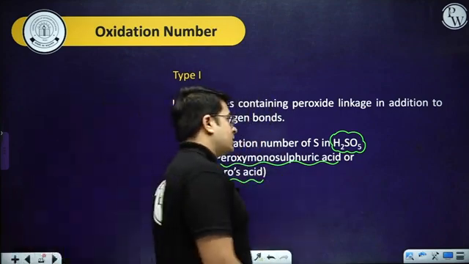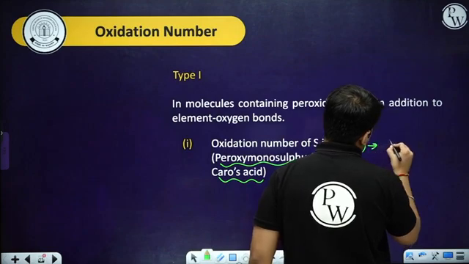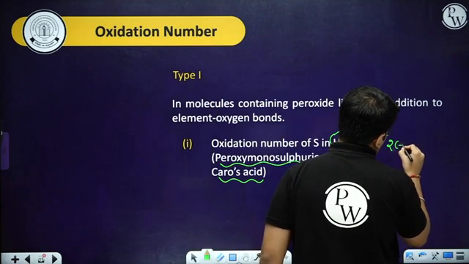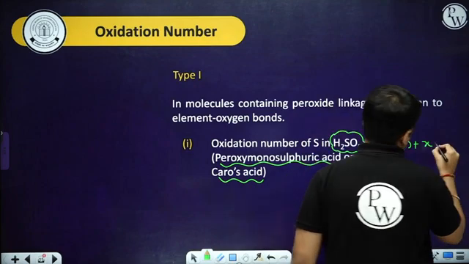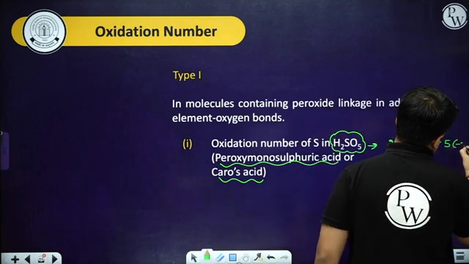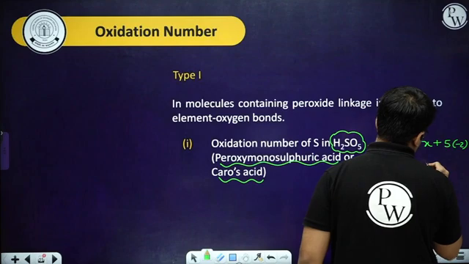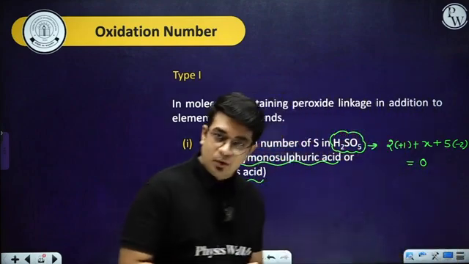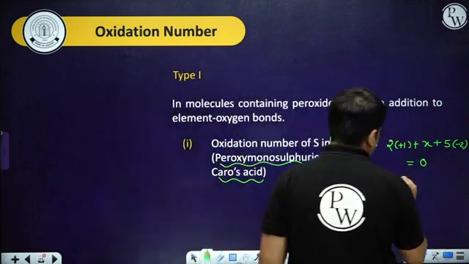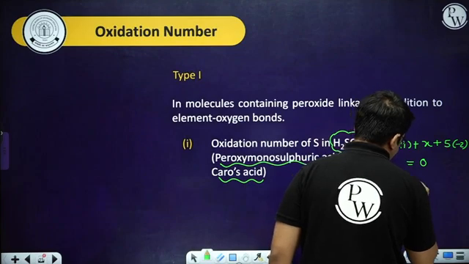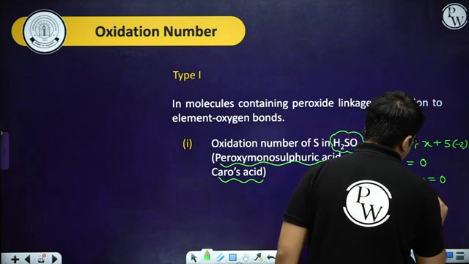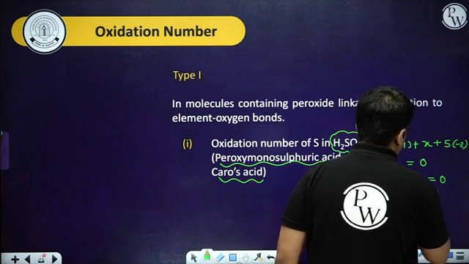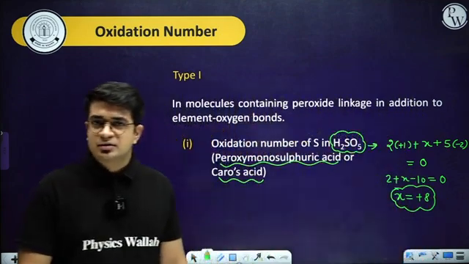which is H2SO5. In this particular case, if you calculate, we have 2 hydrogens having +1 charge and sulfur is X, plus 5 multiplied by -2 for oxygen, that will be equal to 0 because the entire compound is neutral. From that calculation, you can see we have 2 + x - 10 equal to 0, and you can say, sir, x will come out as +8. Sir, it's a correct answer? Why is this a wrong answer?